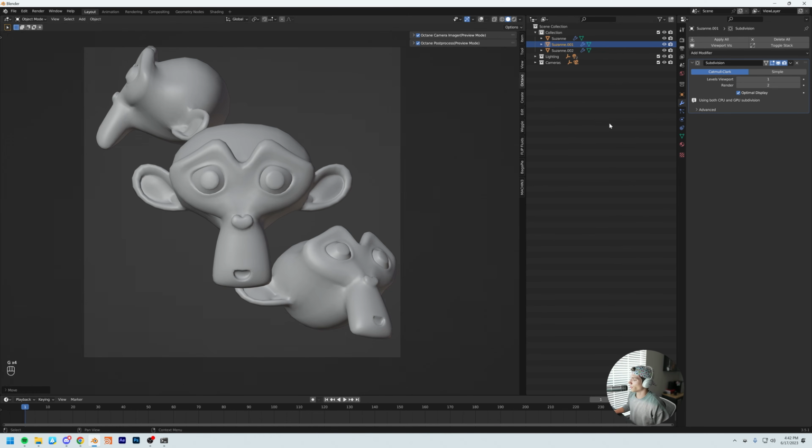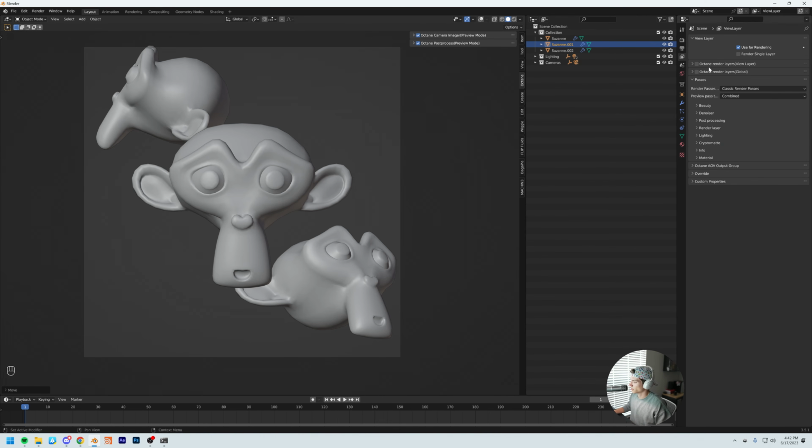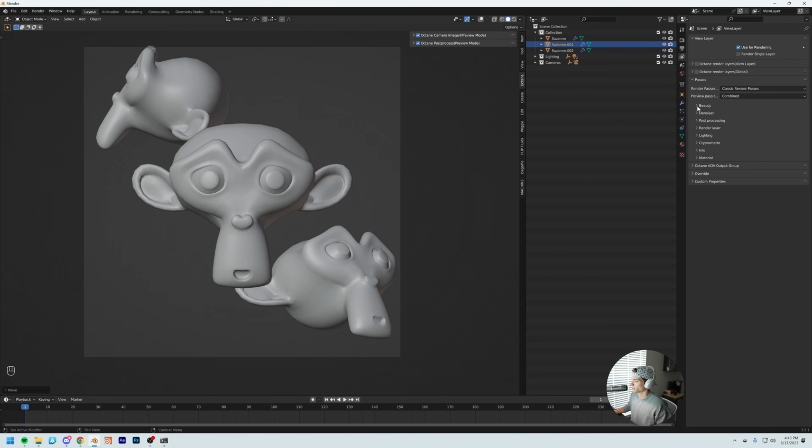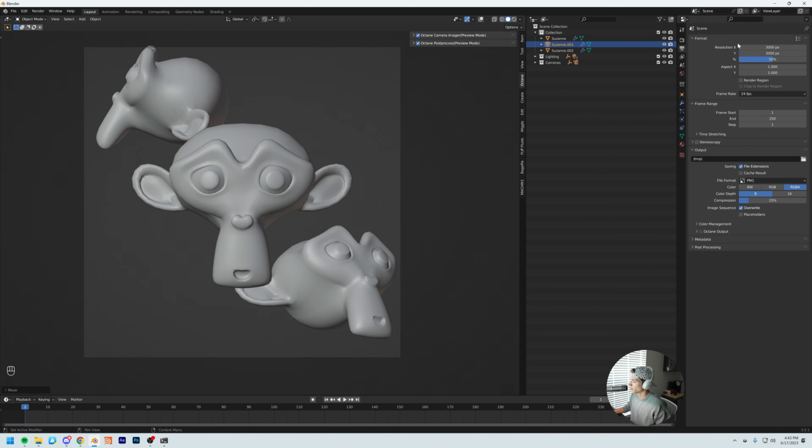So now I just want to take you through the export process from Octane. We're going to use some render passes. So let's come down to our view layer properties, and we have passes options here. I'm going to turn on a beauty pass, a denoiser beauty pass, and I'm going to turn on wireframe and AO passes. If you've never worked with passes, then I would skip this and just export your image as a PNG or whatever you normally export it as. This is more just for those who are looking to be able to do passes. Let's turn some of these on. And then you can come up